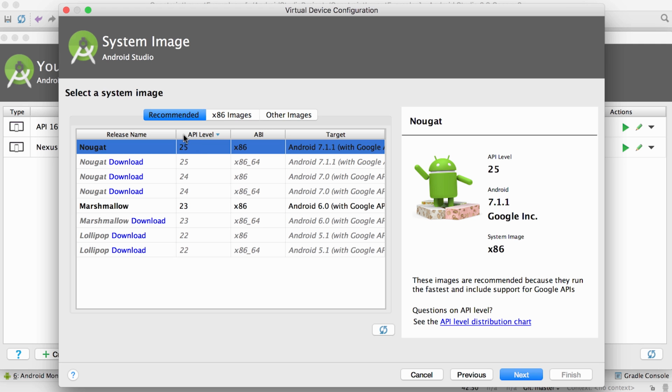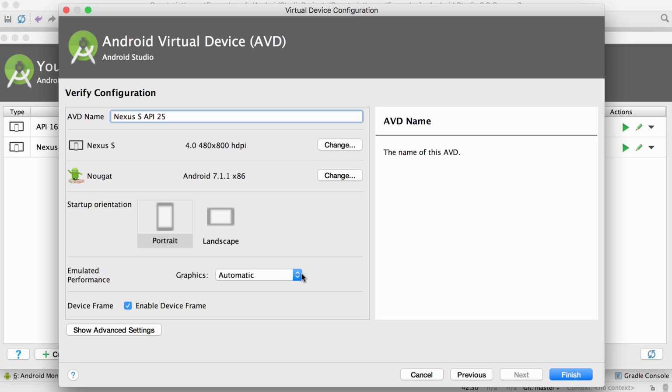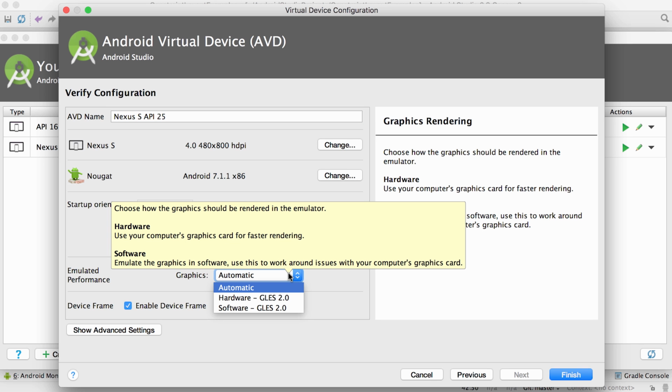Choose one of the more recent releases with a higher API level number, as those contain the newest fixes and optimizations. Make sure you're selecting an x86 image and also one marked as having Google APIs, which means you'll be able to test apps that make use of Google Play services or integrate with some core apps, such as Google Maps. On the last step, you can select from different graphics acceleration modes, but leaving it on auto should detect